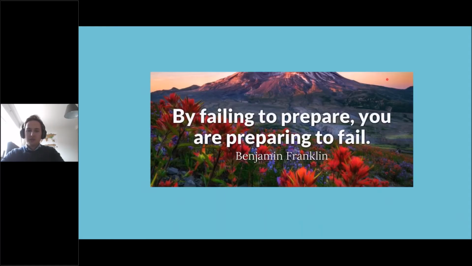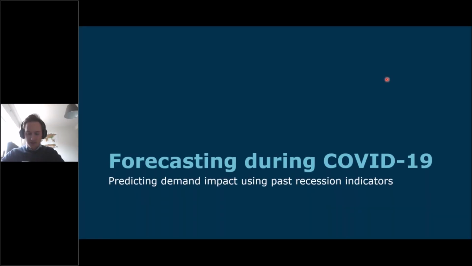All right, moving forward. Just one final slide before I go into the cases. Actually, this is saying by failing to prepare, you are preparing to fail. So I heard some people saying it doesn't really make sense to make forecasts at the moment because we can't predict it at all. But it's very, very important to have some scenarios to know at least what you should do in each scenario. So this brings us to our first case. And actually, this was a customer asking for those high-level scenarios. So the question was, can you help us make those high-level scenarios?